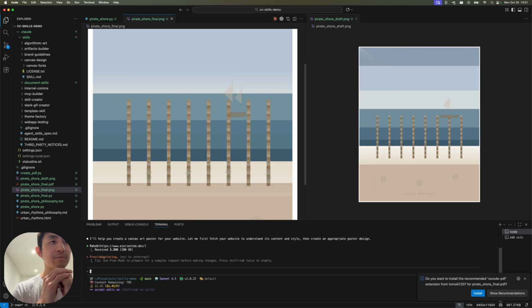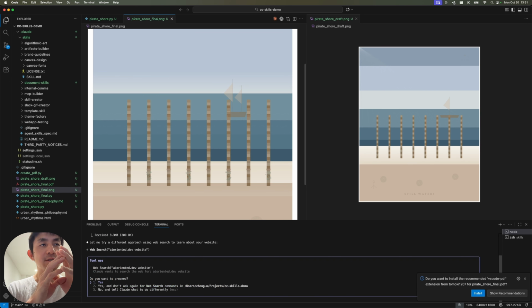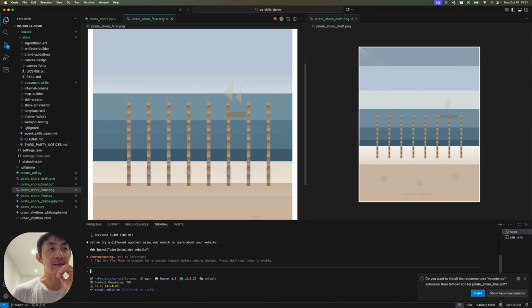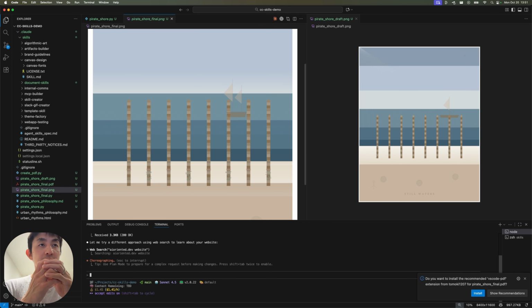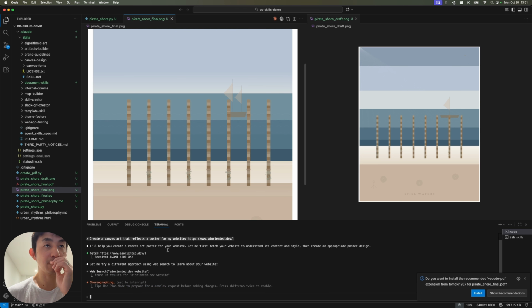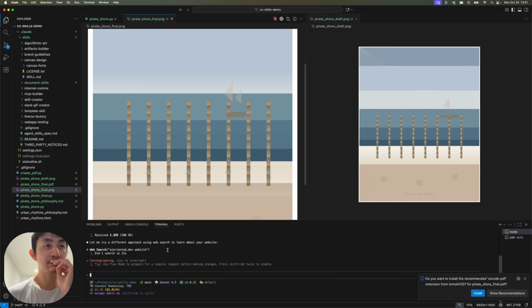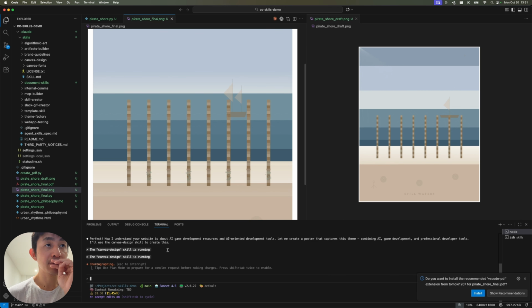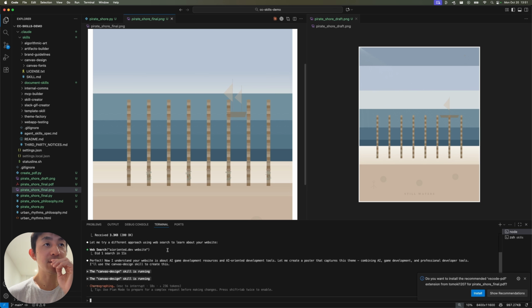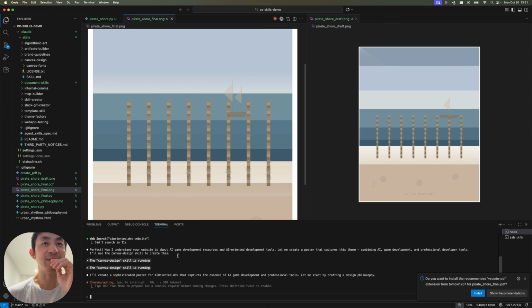So it's going to fetch the website, and I'm really hoping that this works, because what I am using is actually a single page application. So sometimes it's not able to actually load the contents of the website. And so it seems that it's going to go about and, all right, it seems to have used the web search about it in order to identify what the